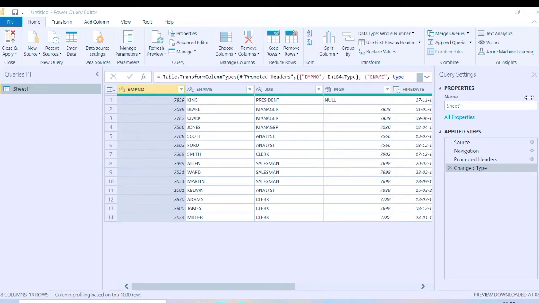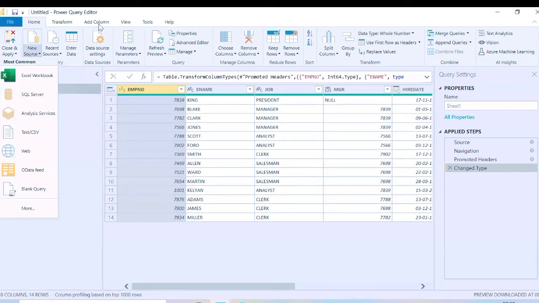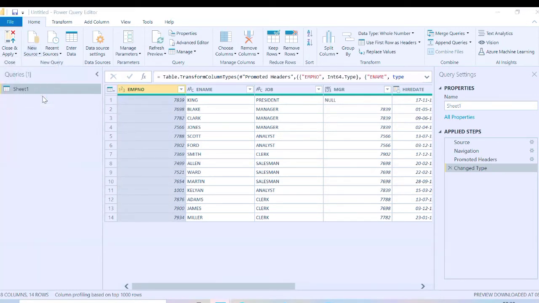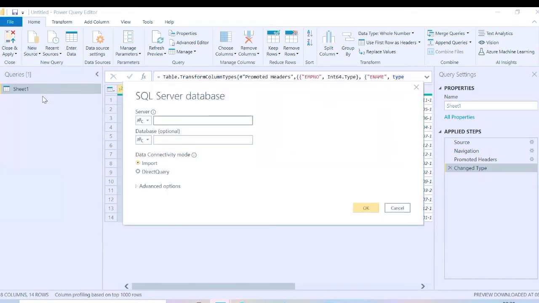From an interview point of view, it's a very important question: what are the connectivity modes we have in Power BI? What are the data connectivity modes in Power BI? It's a very important interview question. Now I'm connecting with the SQL Server, just simply clicking on